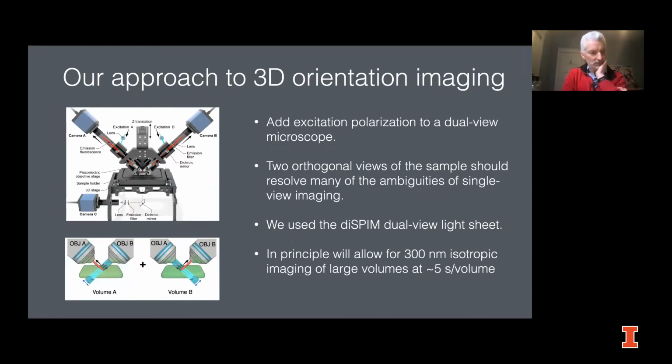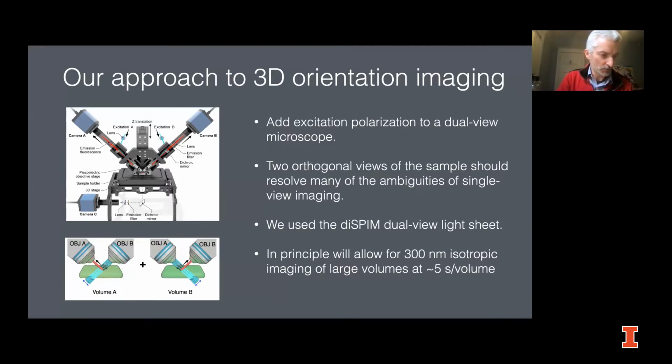And so what we started thinking about, Hari Shroff at NIH, for other reasons, had built this dual view light sheet microscope. Okay, so this light sheet microscope has 2 different objective lenses, A and B. In its simplest version, they are basically 2 copies of the same lens, and you can illuminate through either lens and detect through either lens. And he had developed this